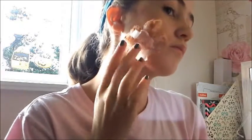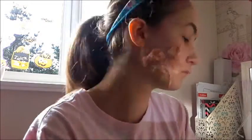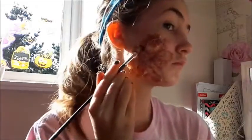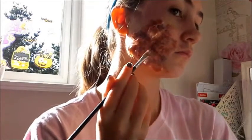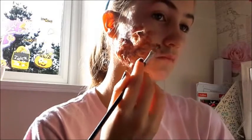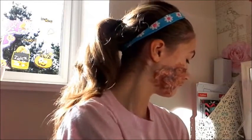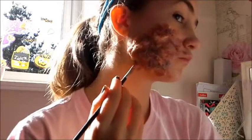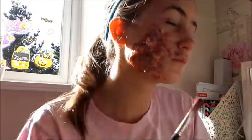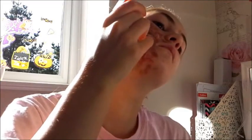Then I put on the tissue and basically started with all the eyeshadow process again, with the red, the grey and the purple. I also found a really darkish purple that almost looked like black, and you want the darkest colour, like black, to be in the middle because we want a little bit of depth to this. So the deeper it looks, the better. So the black has to be in the middle. I did do a little bit on the outside, and then just drip all your blood in,